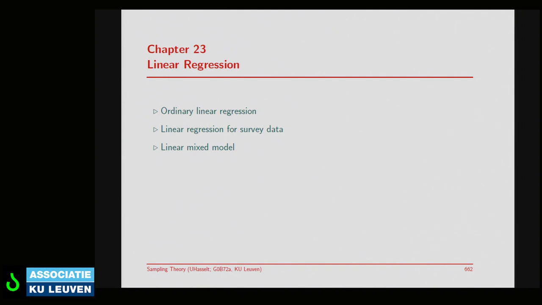In this chapter, we will deal with linear regression. Now, the goal of chapter 23 is not to introduce linear regression, that's assumed known, but rather to say, in the context of survey data, with a potentially fairly complex design with all sorts of things like multi-stage sampling, stratification, weighting, etc., how can we now modify, if that's needed, and yes, it will be needed, linear regression so that